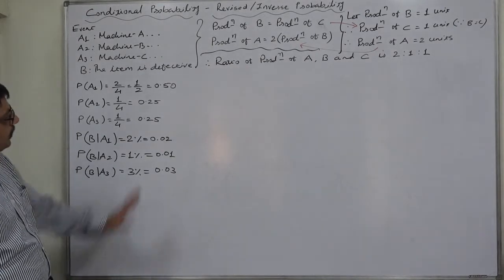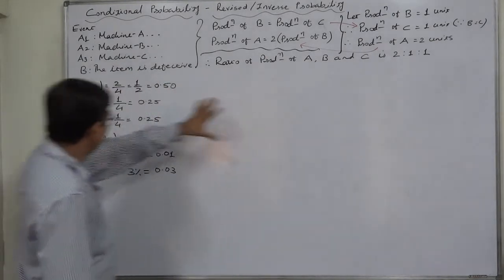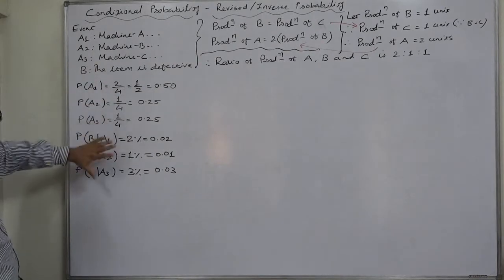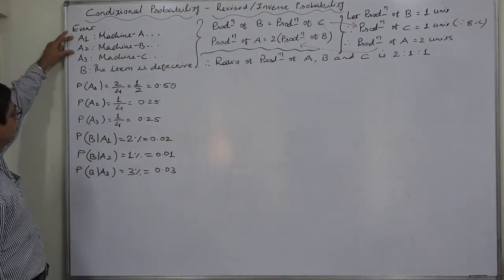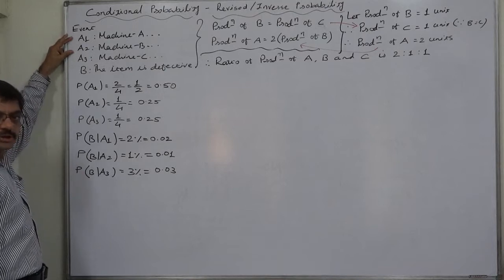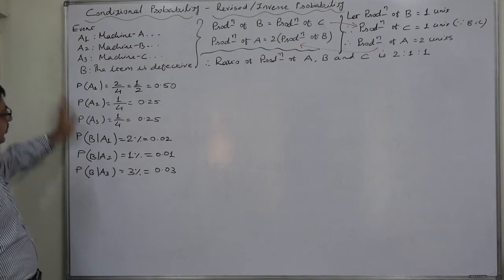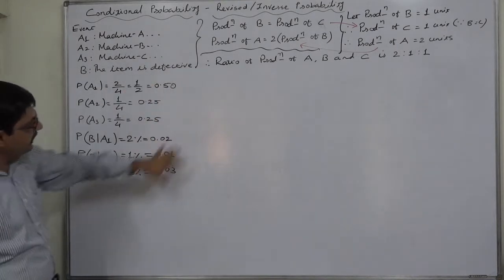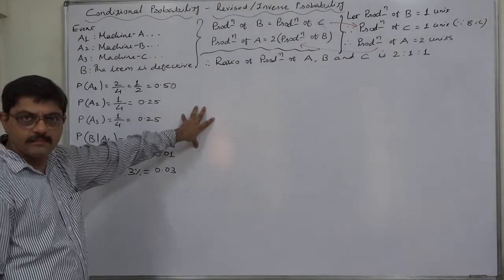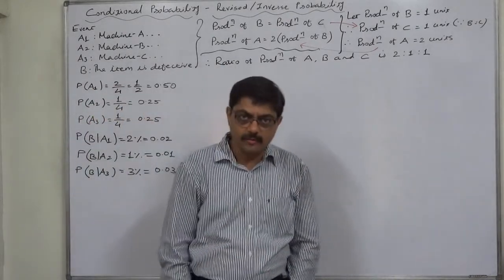When all these 6 probabilities are directly or indirectly known, in case of these 3 types of causes, or say 3 machines or 2 machines or 3 factories or 2 factories, and if all the probabilities are readily available from the problem, then only I advise you to use the tabular approach.